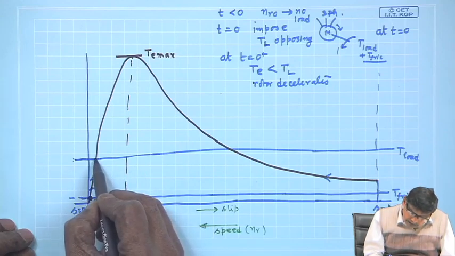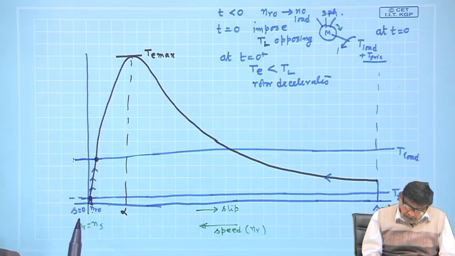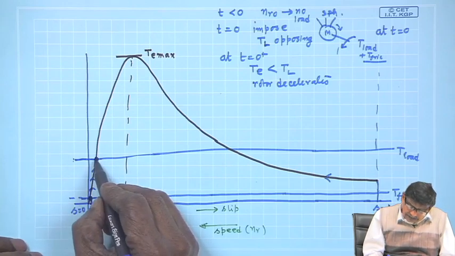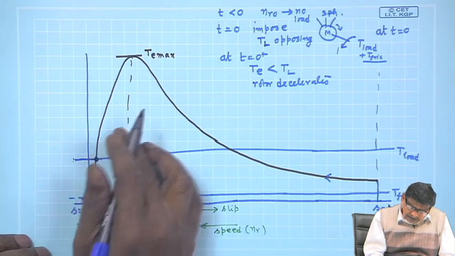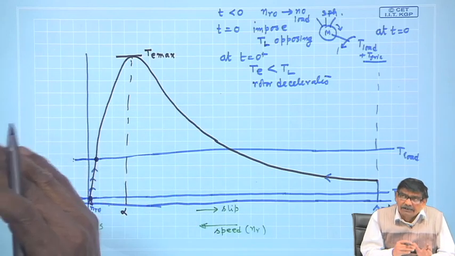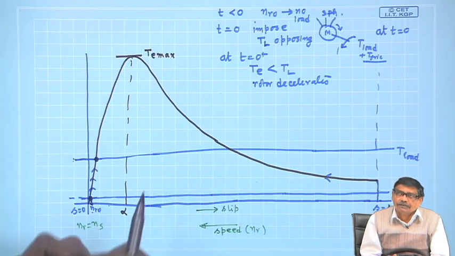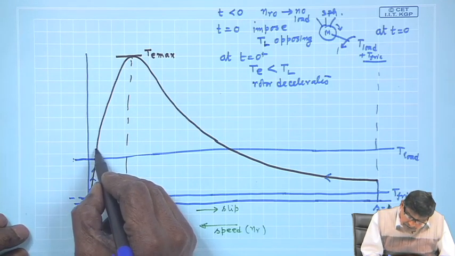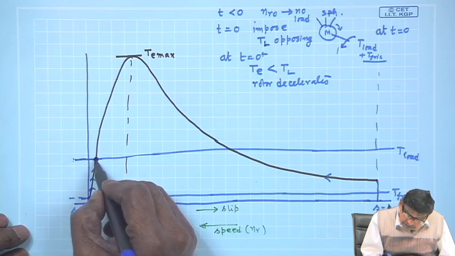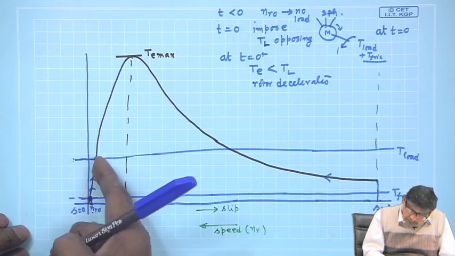A time will come when it will come here. Of course, because of inertia the machine suddenly cannot stop, you must understand this point also. I will tell now in this diagram. Because it was decelerating and suddenly that deceleration is stopped, will not happen because of inertia once again. So what happens, the motor may cross this point where T load is equal to the electromagnetic torque developed by the machine.